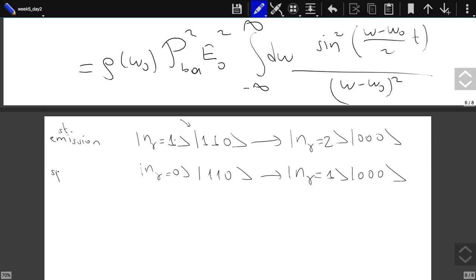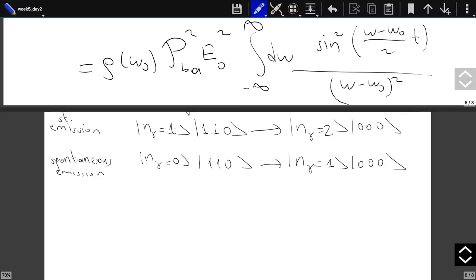Now the problem is spontaneous emission. Well, with field theory, we can calculate the spontaneous emission. There's no problem with that. But without the field theory, there's a nice argument by Einstein. So let's see what that is. So first of all, we should assume that we have enough time.